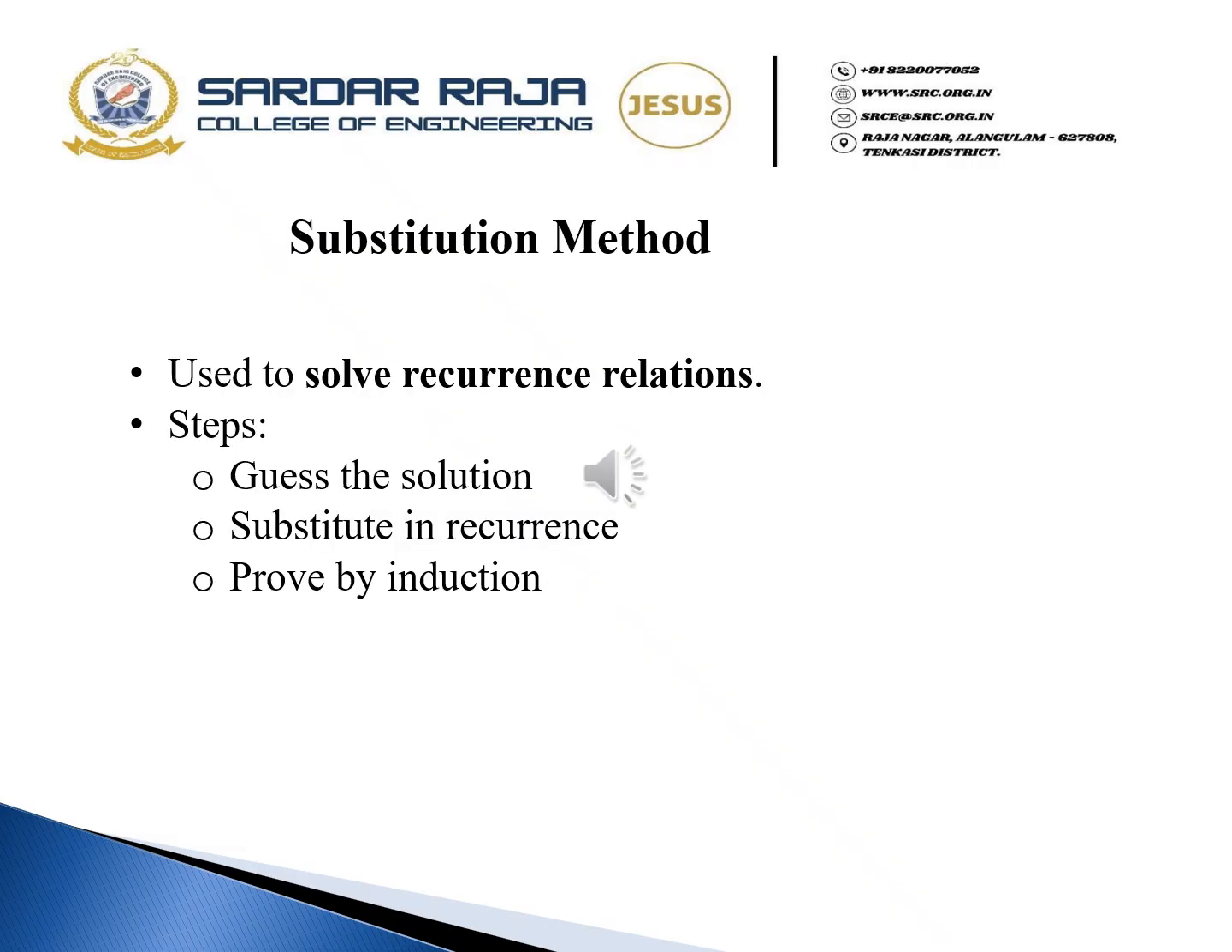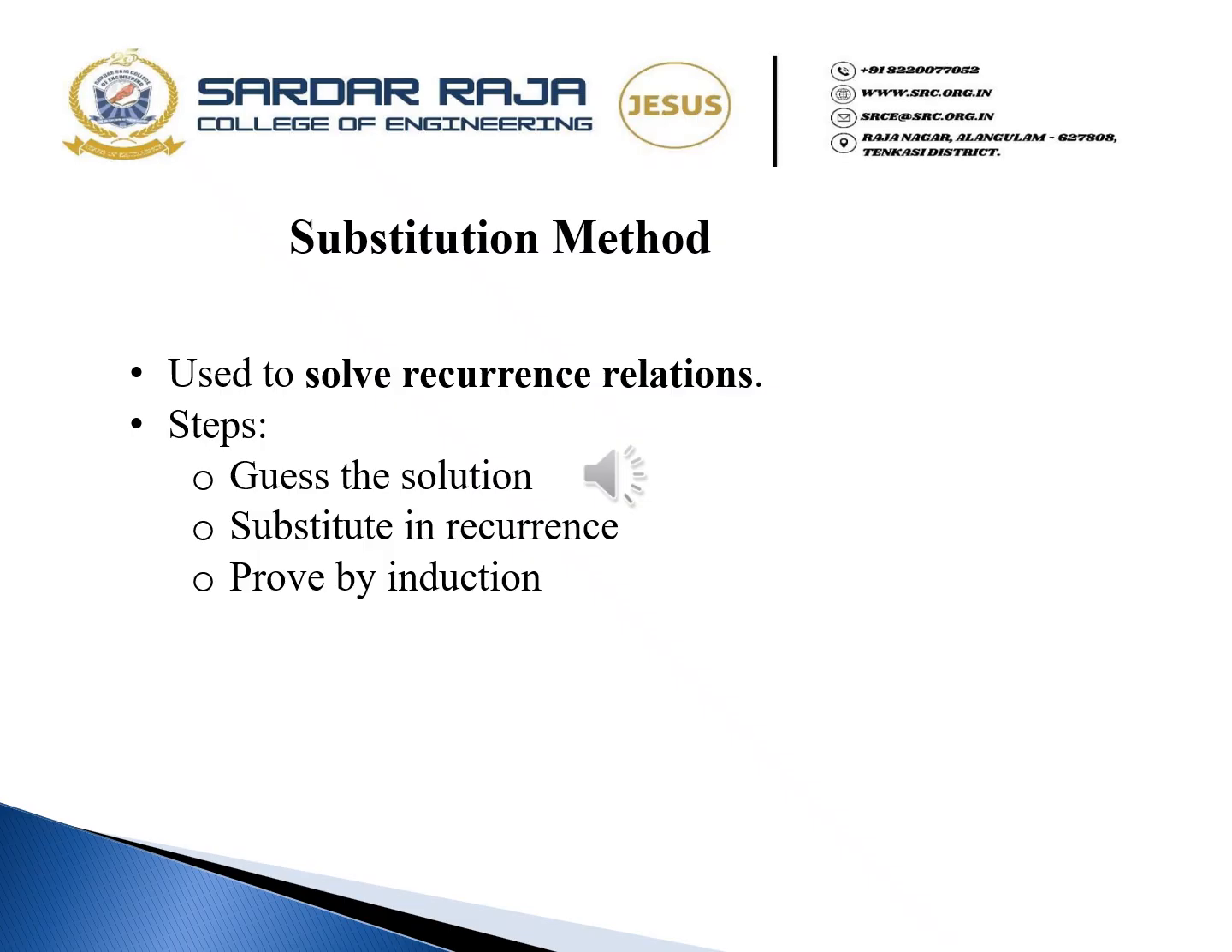Let's discuss the substitution method. It is used to solve recurrence relations by guessing the form of the solution and then proving it. First of all, we guess the solution based on experience or intuition about the recurrence. Propose a function T(n). Then substitute in the recurrence. That means replace T(n) in the recurrence with your guessed solution to check if